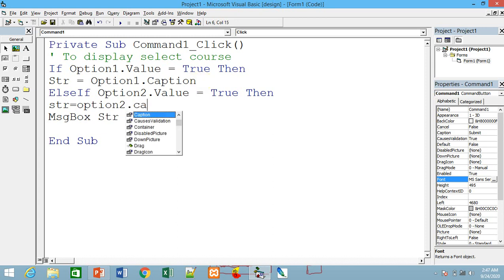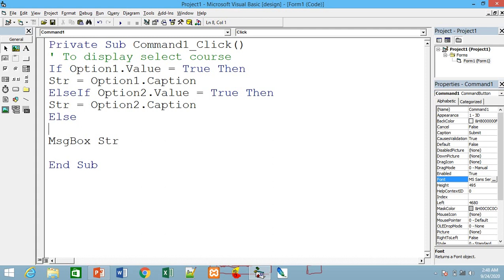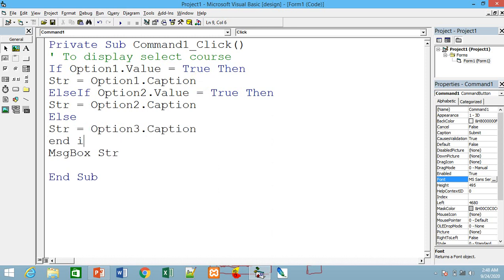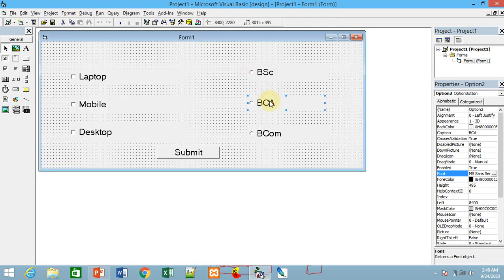Else, the only remaining option is the third one. Otherwise str equal to option 3 dot caption. Then end if. So in str, either option 1's caption or option 2's caption or option 3's caption will be displayed. Option 1's caption is BSc, option 2's caption is BCA, and option 3's caption is BCom.